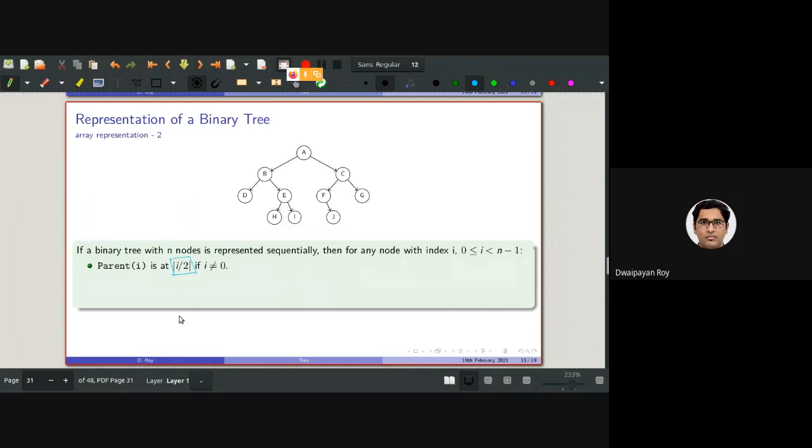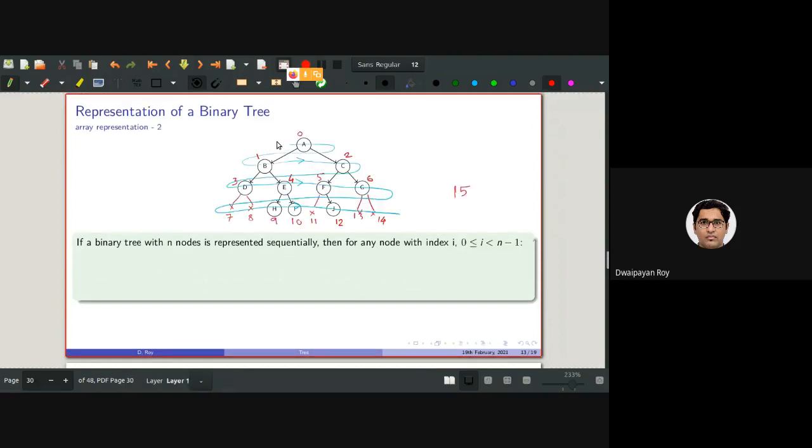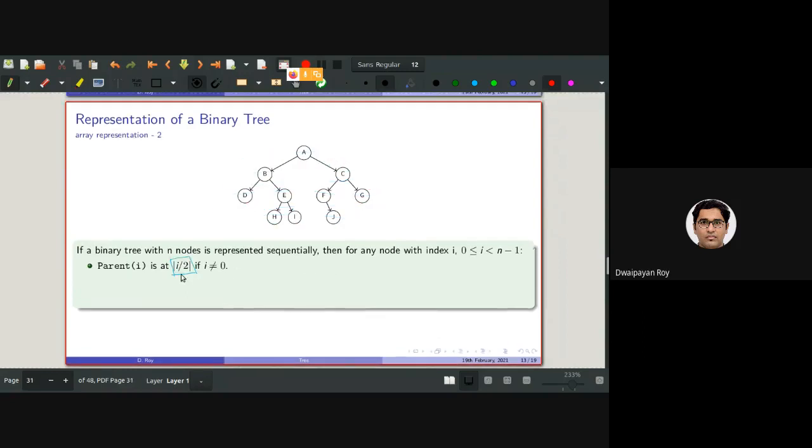Anyone? So again, let me remove the numbers. Let's refer to here. The parent of I will be at the floor of I/2.